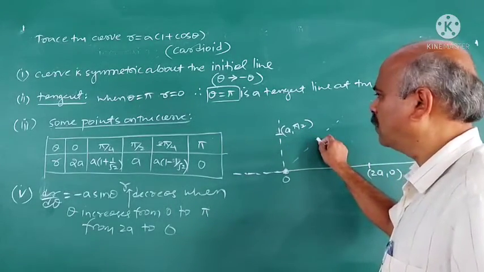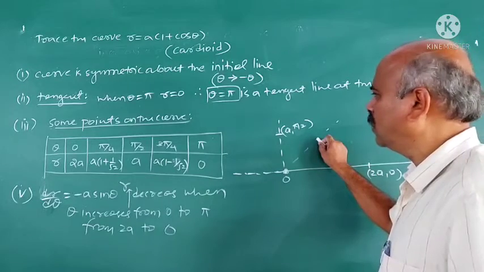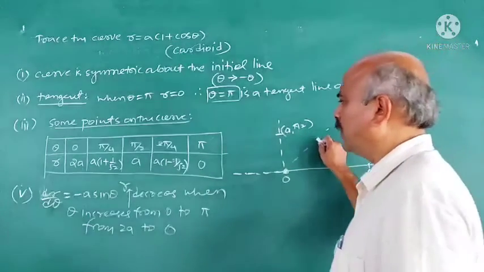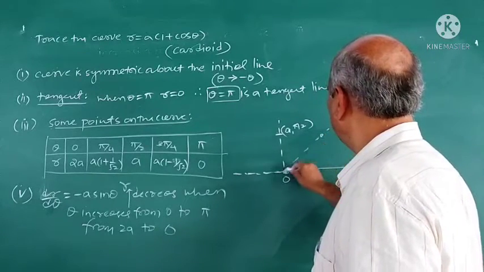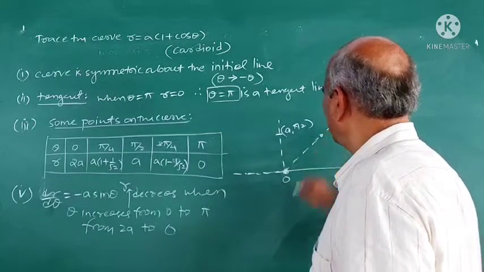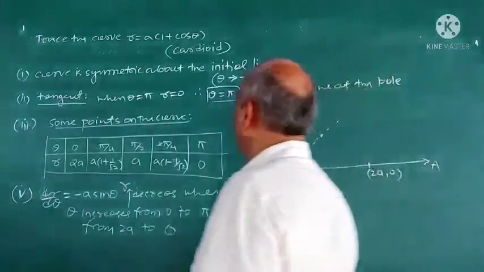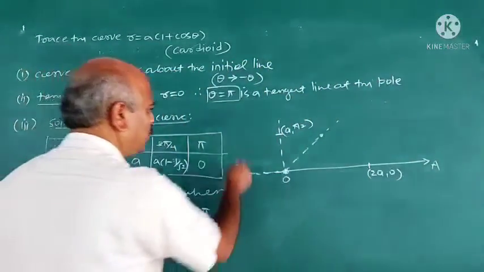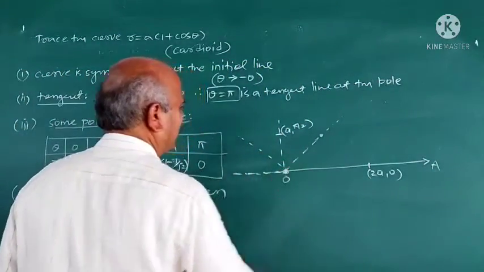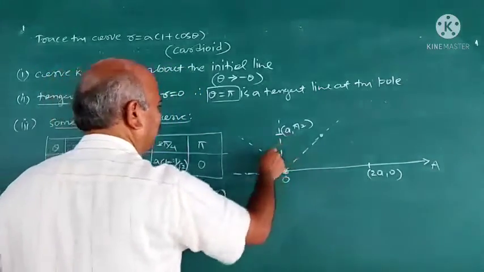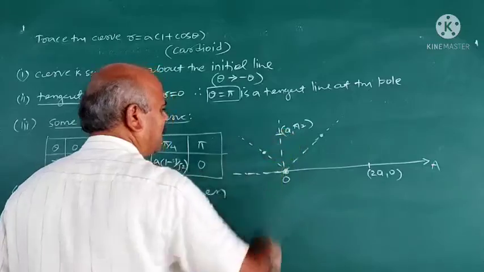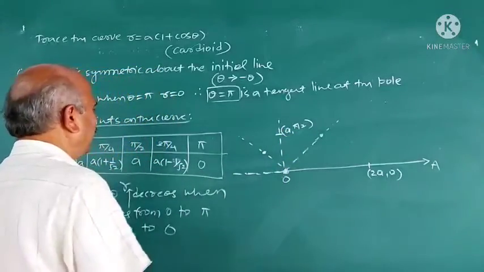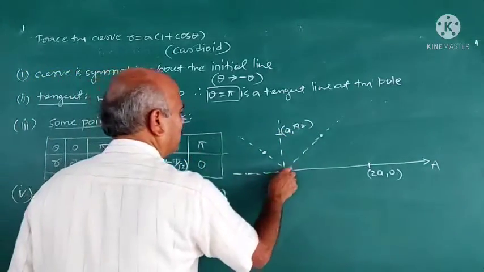This is the curve. 1 plus 1 upon root 2. It is a into 1 plus. So it is this point, at pi by 4 and a into 1 plus 1 by root 2. And 3 pi by 4, this is the line 3 pi by 4. What is r? Further decreases. I take this as the point, because r decreases further. Finally, when theta is pi, it becomes 0.